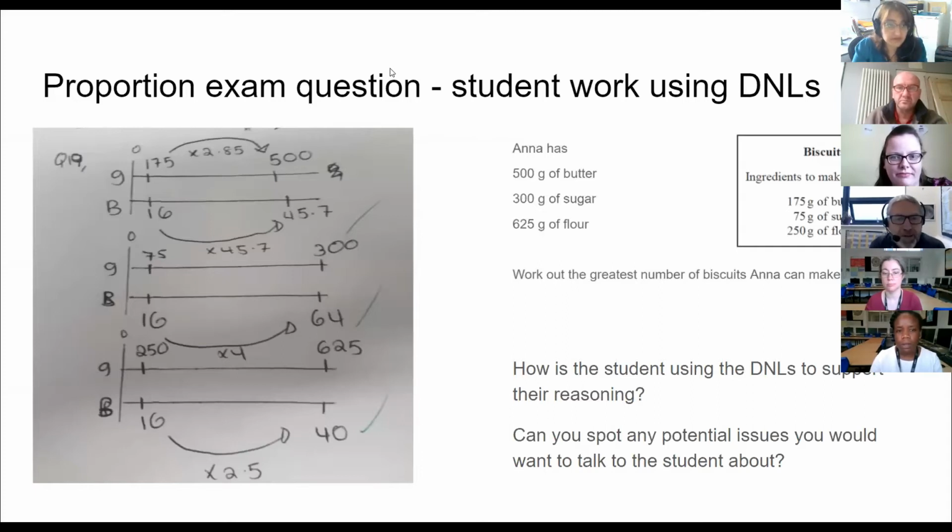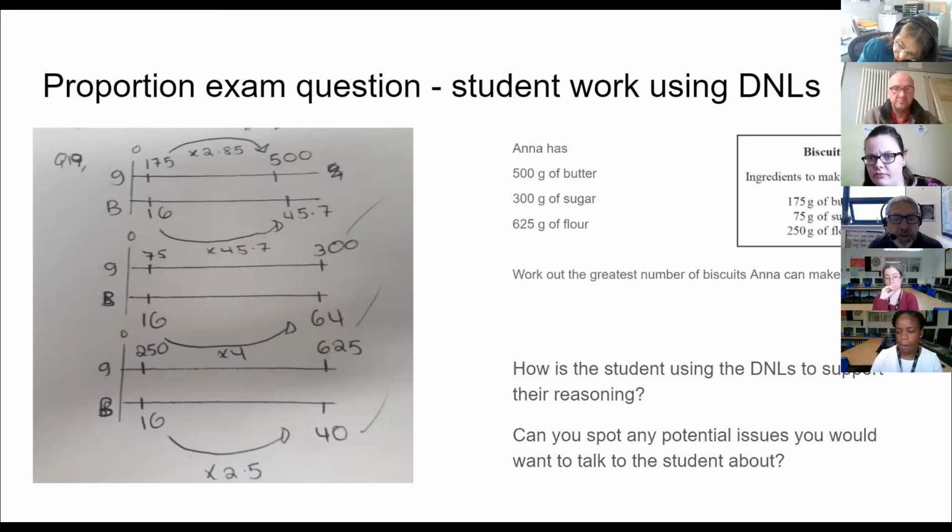Sorry. So here's an example of students' answers to the biscuit question that we showed you a couple of slides ago. And you can see here how they've managed to use it to support them in attempting a question that they wouldn't necessarily have tried even before. A reminder, this is for 0 to 2 grade students. But you will see that there are slight issues in their answer that meant they didn't necessarily get the totally correct answer at the end, but they would have got certain marks on it.